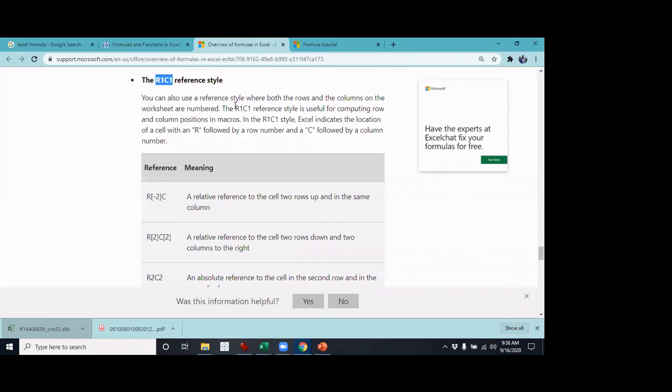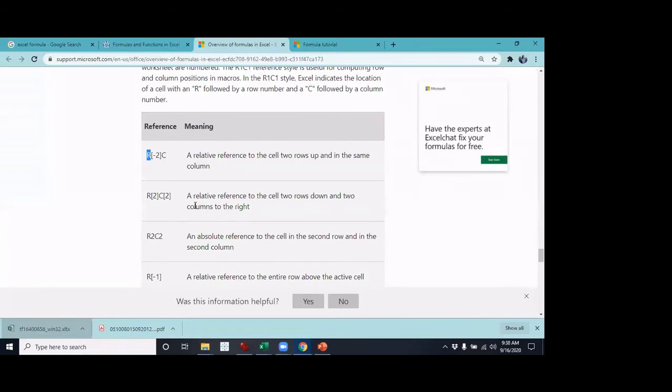So this reference is something like this. Basically, you can actually use this in Excel as well. I have to change some settings, and I'll do that, but let's first understand what this refers to. This refers to what is called an R1C1 style, where you are basically saying, from the current cell, how many rows do you go, how many columns do you go. That is what this is saying.